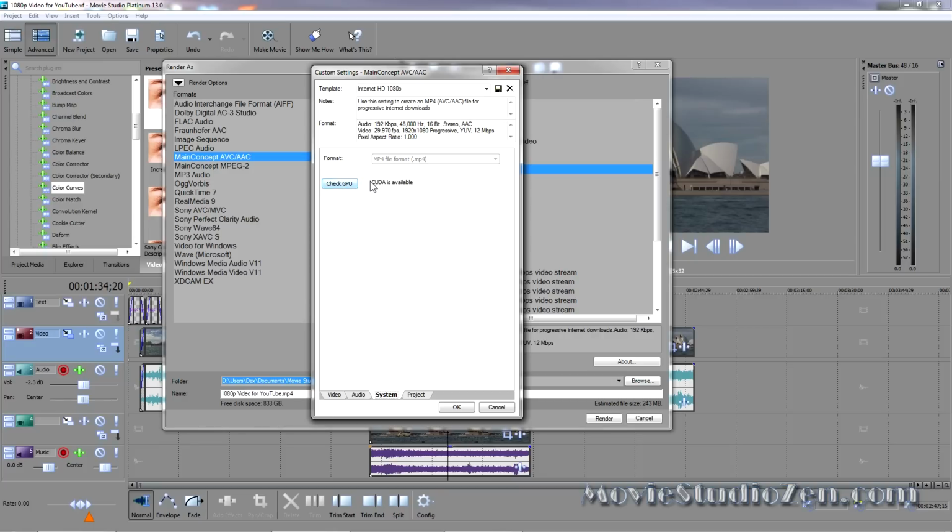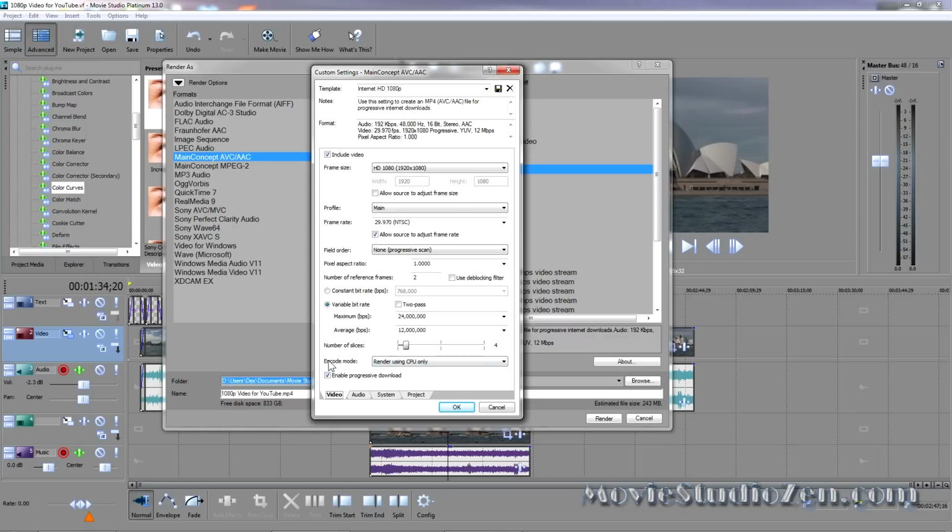So mine says CUDA is available. In which case, I go back to the Video tab, and where it says Encode Mode, I can change it to CUDA. And that means that my graphics card will help accelerate the rendering process, the process of creating a new movie from the project.